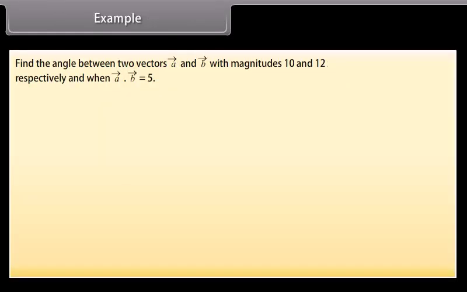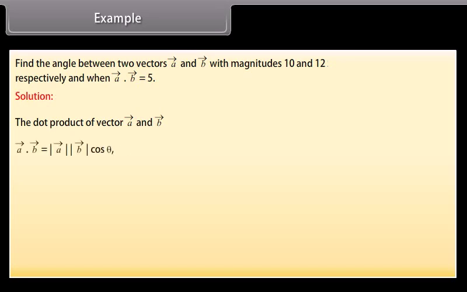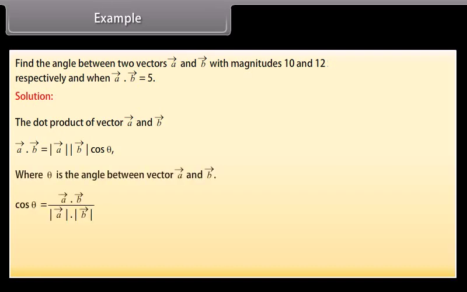Example. Find the angle between two vectors A and B with magnitudes 10 and 12 respectively, when the dot product of vectors A and B is equal to 5. Solution. The dot product of vectors A and B is the magnitude of A times the magnitude of B, multiplied by the cosine of the angle between A and B. Cos theta is equal to the dot product of vectors A and B divided by the magnitude of vector A times the magnitude of